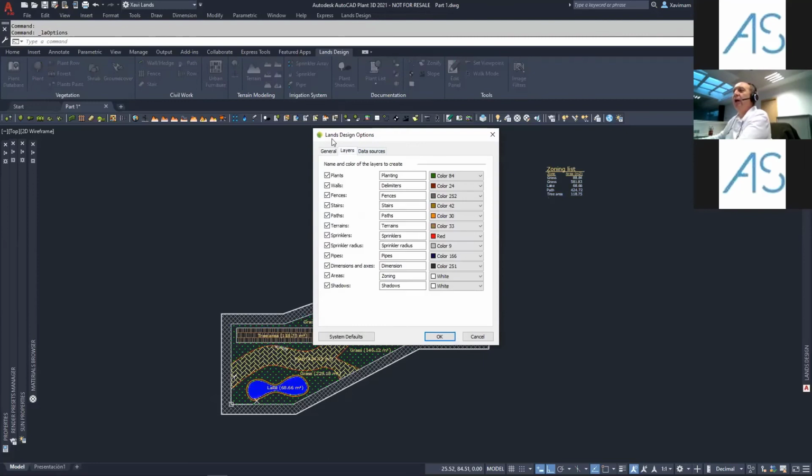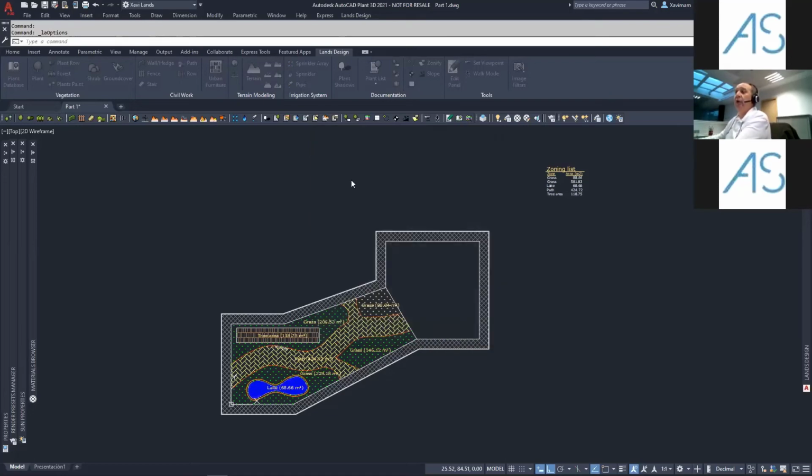As you can see here, we have the option, the Lands Design option menu, where you can choose which is the predefined or the default layer name that you want to use when you are creating different objects. In this case, I'm using the Spanish word, but it could be any other name. And then one of the things that we can do now is switch off the layers and continue working with the object. In that case, I have prepared another